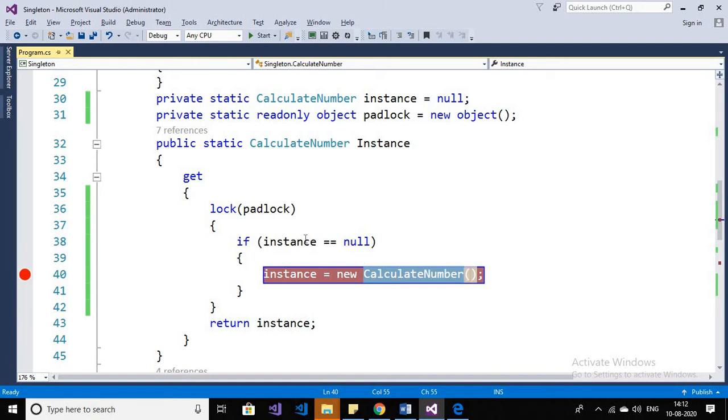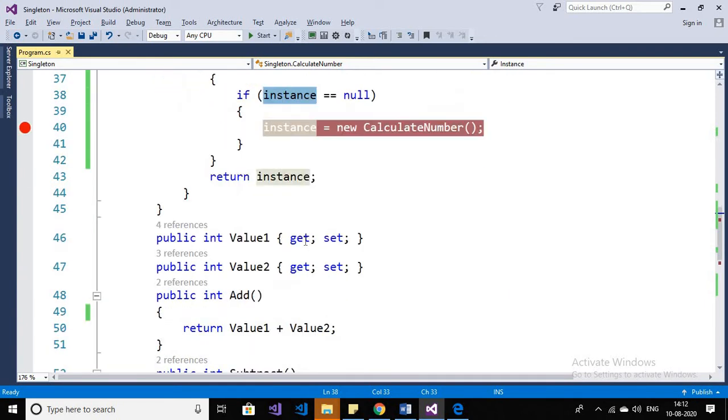So if one instance is already created, then it will not create any other instance. So we achieve this, and we prove that this class will have one instance in every condition. Because here I am checking whether the instance is null, then it will create a new instance. If the instance is not null, meaning an instance is already created, it will serve the request without creating any instance.